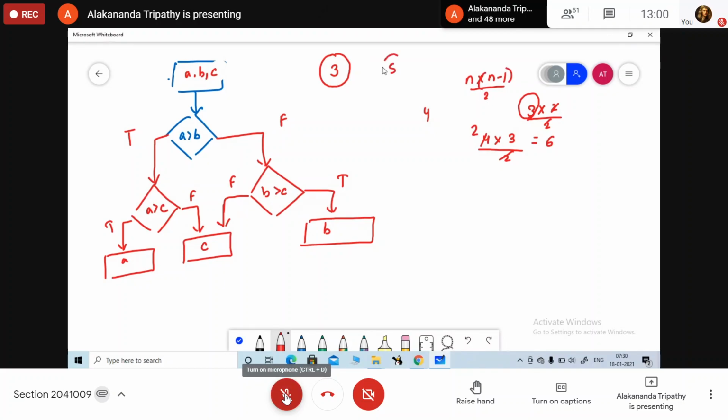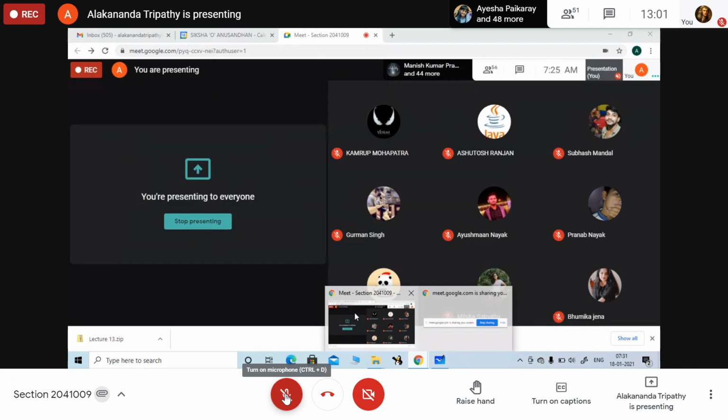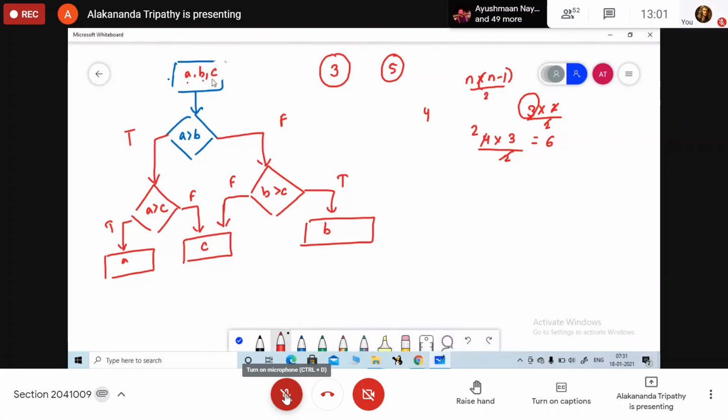If the value is 5, how many decision boxes are you going to use? Okay, anyone want to say something? Please repeat again. If we check for 3 numbers, how many decision boxes are you using?